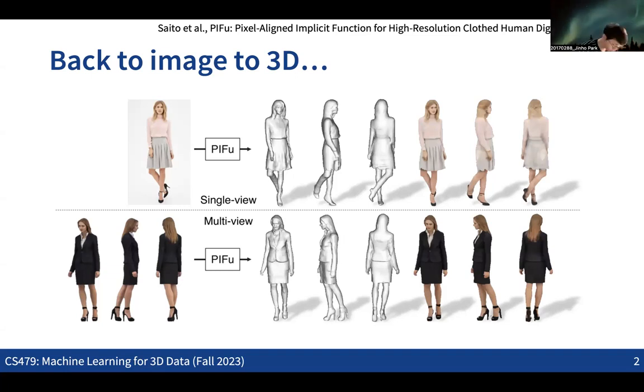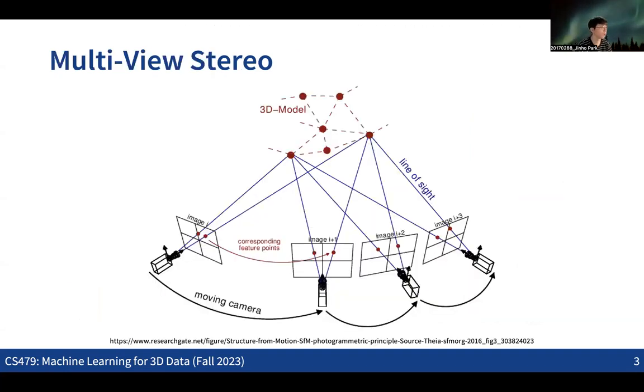single image. While this idea could be extended to multi-view images as well, this was the case where we could get 3D from a single image, right? Then what if we have multi-view images? Actually, if we have multi-view images, getting 3D is not a problem where we need to really use the neural net.